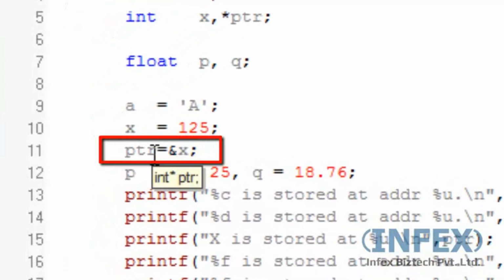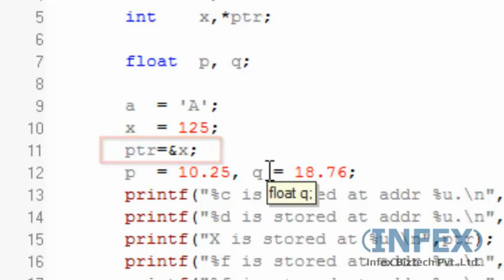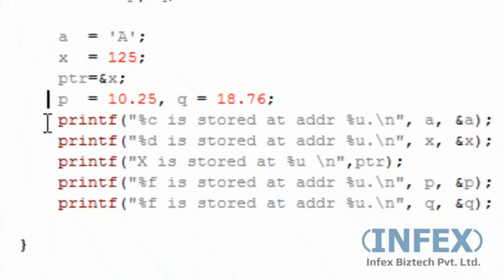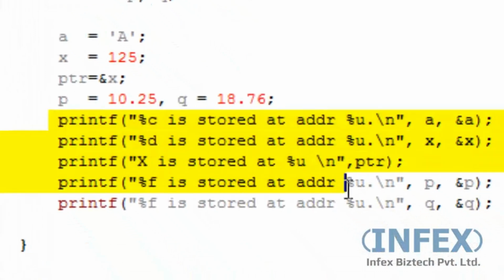We have to write first the pointer variable name, which is here ptr, is equal to ampersand sign and then the variable of which we want to store the address into the pointer type variable. So here it is x. So we have written ptr is equal to ampersand x, which means address of x. Now we are also assigning values to p and q. After that there are